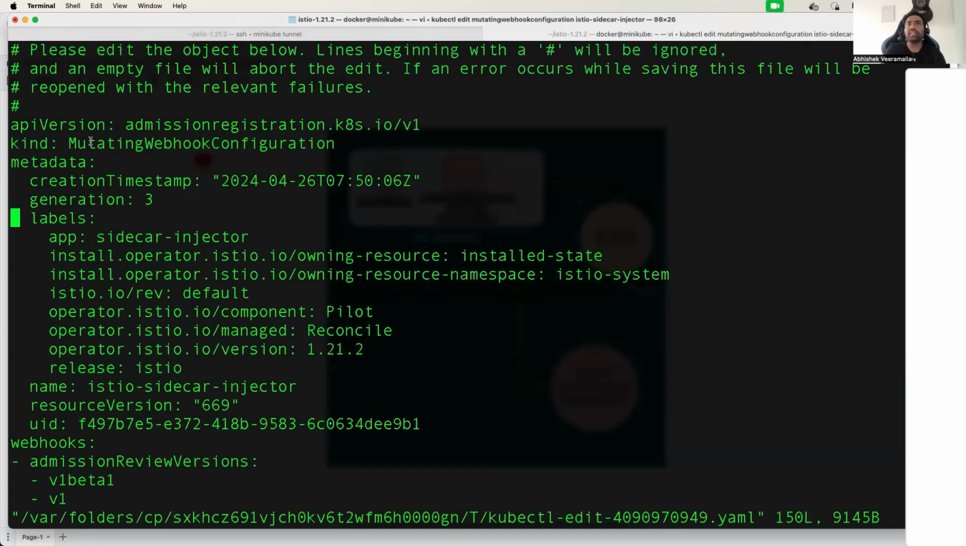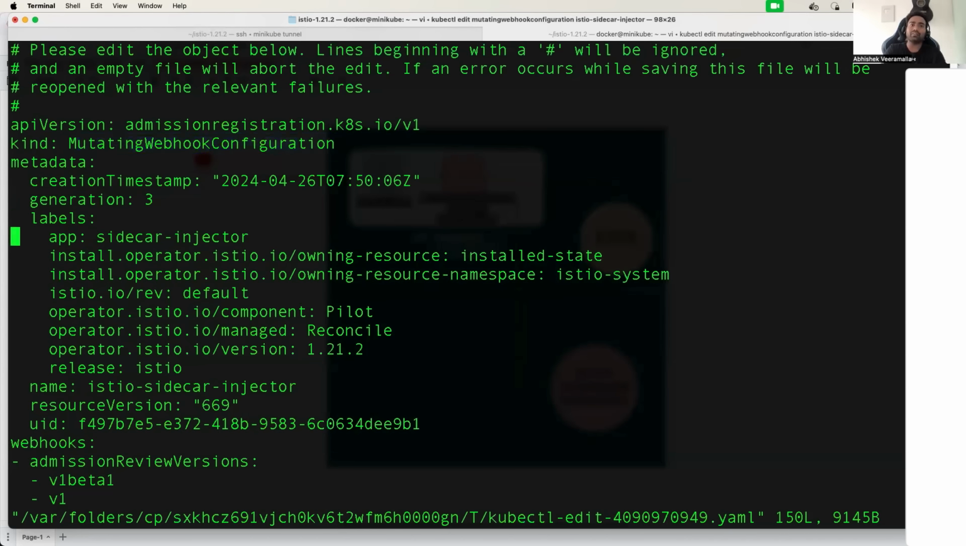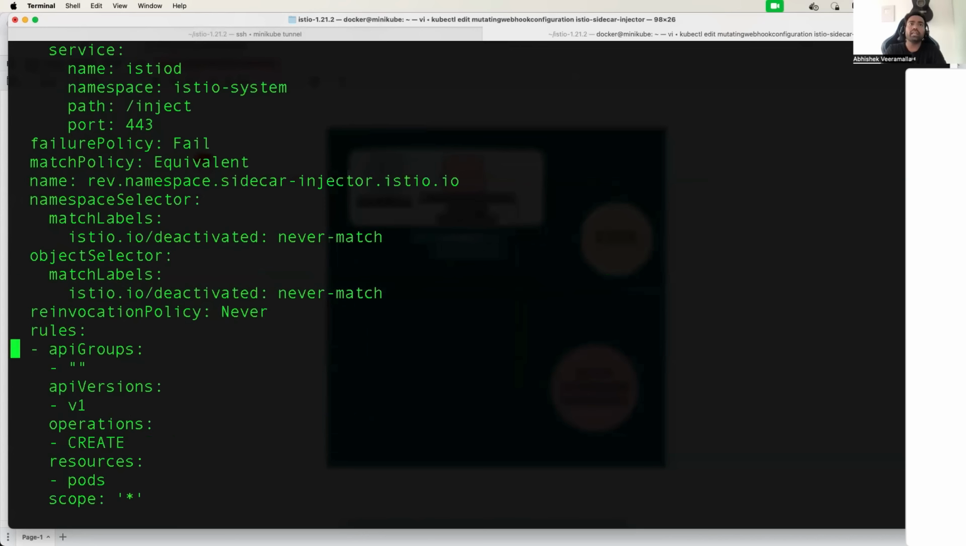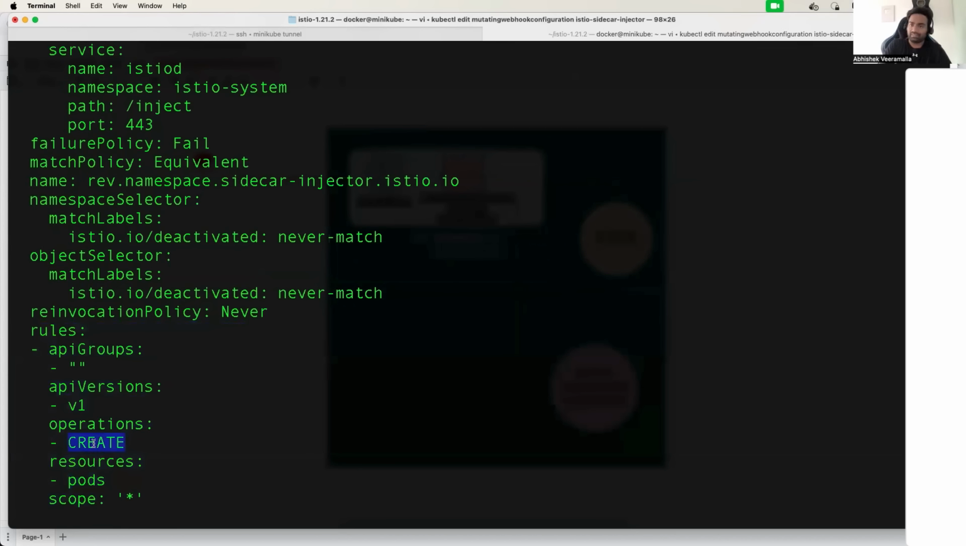So this mutating webhook configuration CR is submitted to the API server, and this is read by the mutating admission webhook controller. What it will understand from the custom resource is, it will just look for the rules, where the rule says, okay, whenever a pod is created, doesn't matter in which namespace, just let me know whenever a pod is created. And how do you let me know? For that,